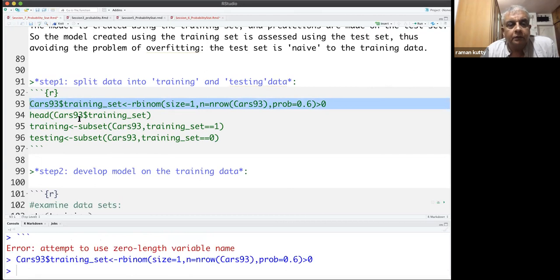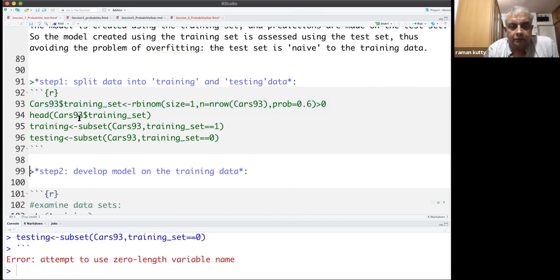Let me see if this worked. We can try out the command here.